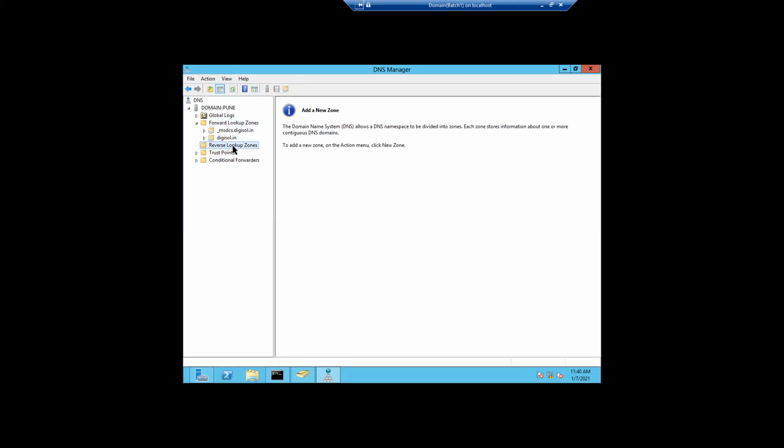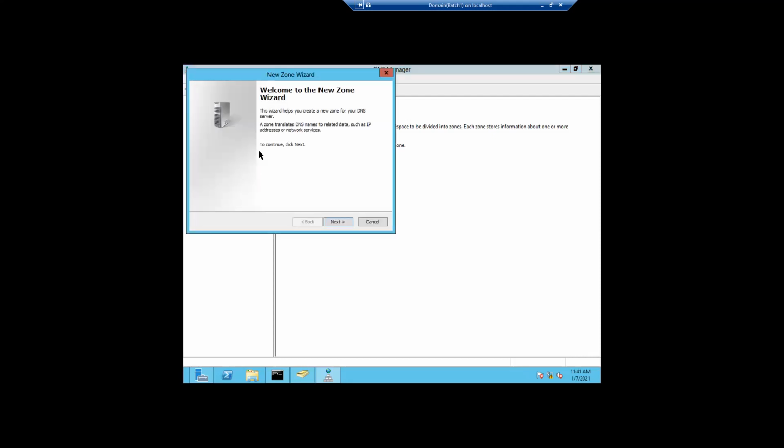Like I said, DNS resolves host name, meaning computer name, to IP address, and IP address to host name. The reverse lookup resolves IP address to host name. That option is not normally required for an organization. If you have not configured it, your DNS server will still work. If you want, you can manually create it for your organization, but by default it is not created. So I will create this zone here, and I will cover it in the DNS module also.